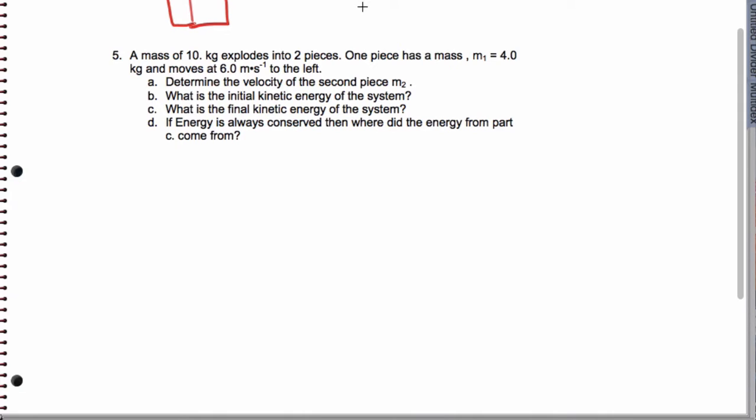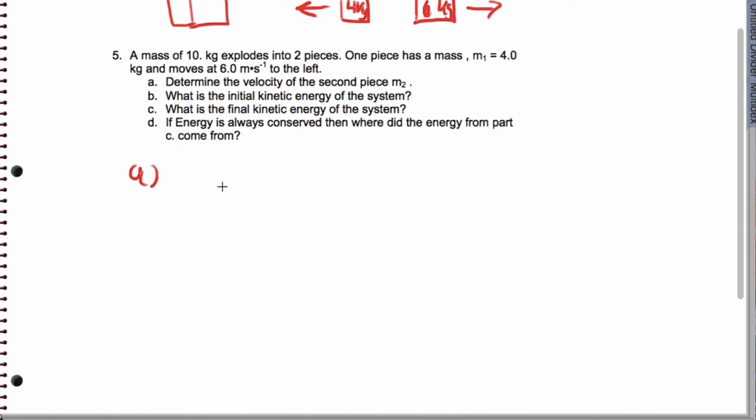And what happens next is that we've got this 4 kilogram piece that moves at 6 meters per second to the left. I didn't tell you this, but if the total mass is 10 kilograms, it follows that this piece has to be moving to the right at an unknown speed. So we want to know the velocity of the second piece, and for that, we're going to use conservation of